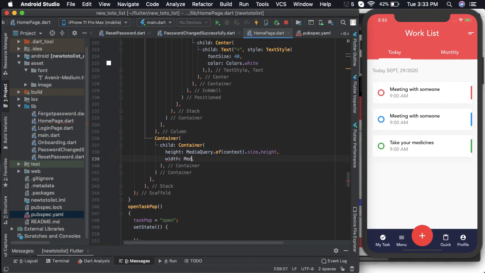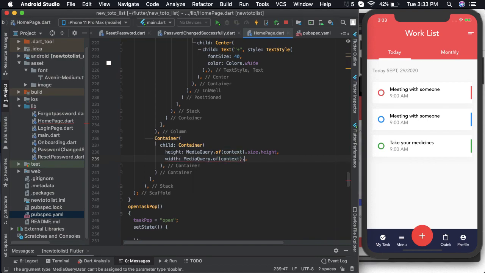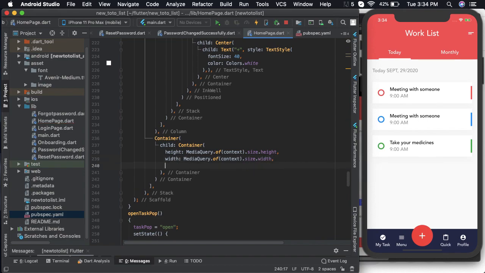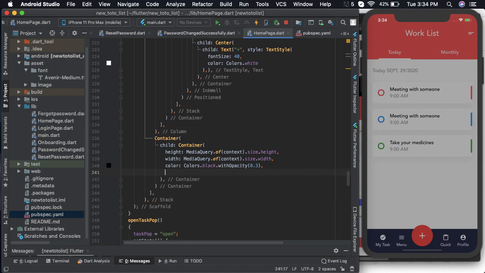Width also same as that of the document. The color has to be black, probably with some opacity. Perfect. Now let us create a center widget,